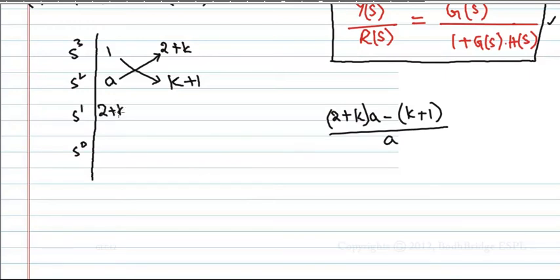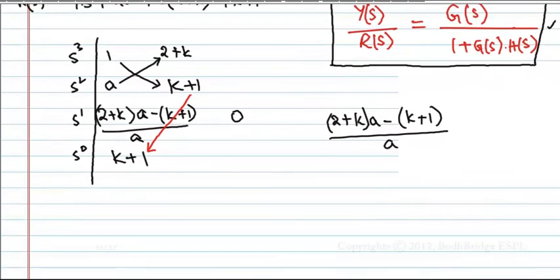I can write this here: (2 + k) into a minus (k + 1) by a. This is this term. And here it is 0 anyway, the second term. And here what is this one? a into 0 minus this into this, by the whole of this one, which gives k plus 1. You can directly drop the last term here. First you should do this one; from here you should start, from the lower one. Therefore it is k plus 1.